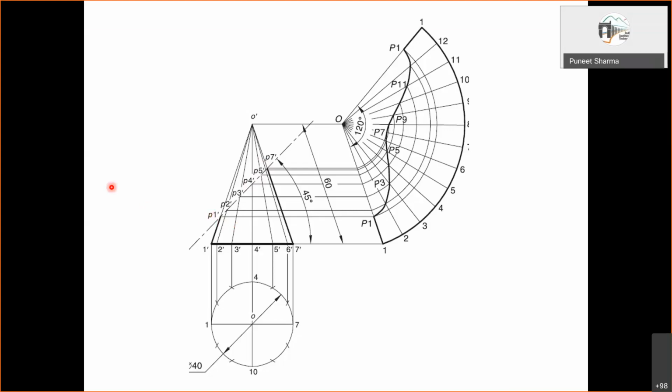So see, we have a curved boundary. Although the surface is flat, it's bounded by an ellipse. It has got a curved boundary. That is why it is to be drawn curved. So that care has to be taken. We don't draw a straight line joining all these points. It has to be a smooth curve, right?